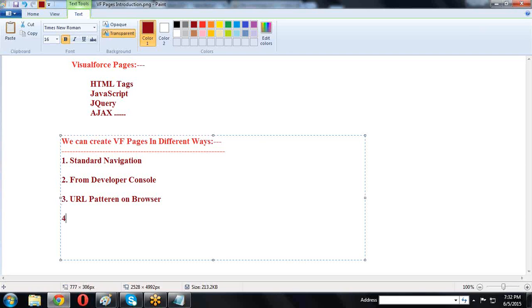The fourth one is Eclipse IDE. The fifth one is Apex Visualforce through web services.